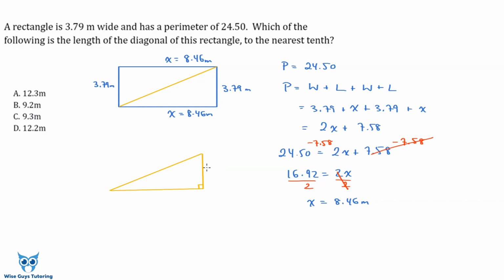It's all 90-degree corners. So if this is 3.79 and this is 8.46, hopefully you remember your Pythagorean theorem. It says that A, let's call this one A, we'll call that side B, and the hypotenuse here will be C. So what we have to do is say A squared plus B squared equals C squared. And we'll replace these numbers and we'll be able to solve for C. So A squared, that means 8.46 squared plus 3.79 squared equals C squared. Adding those two, you get